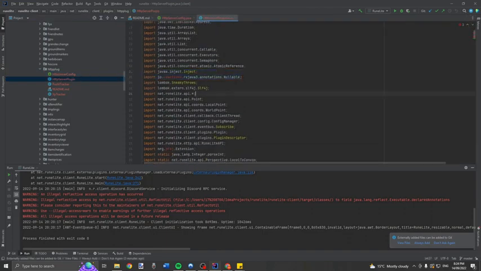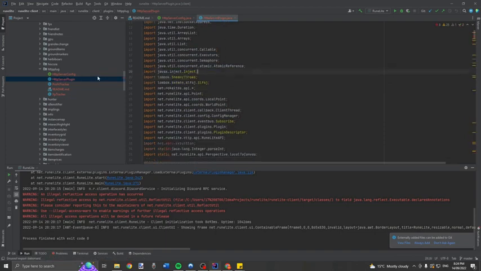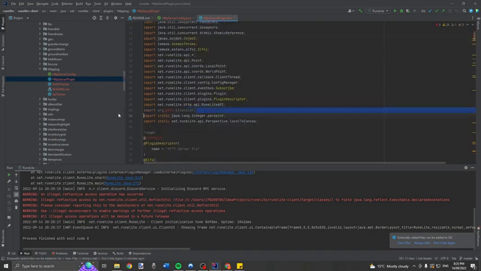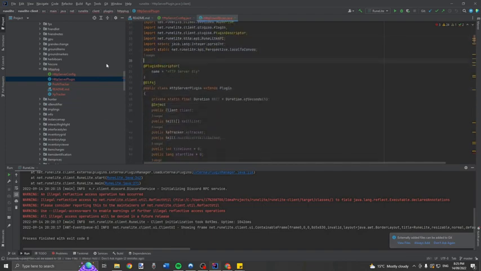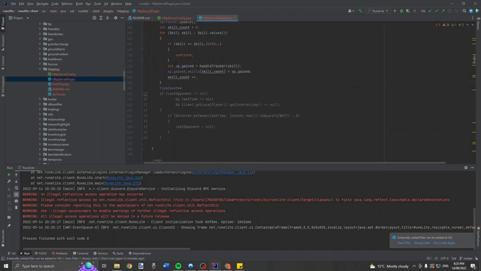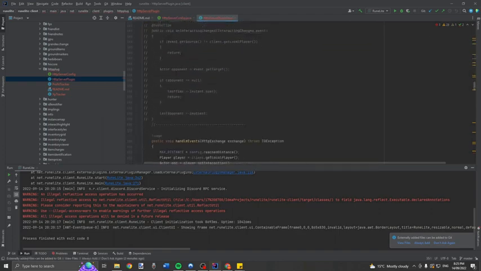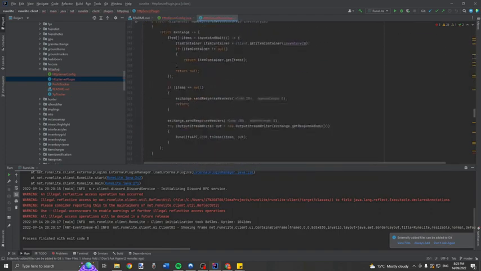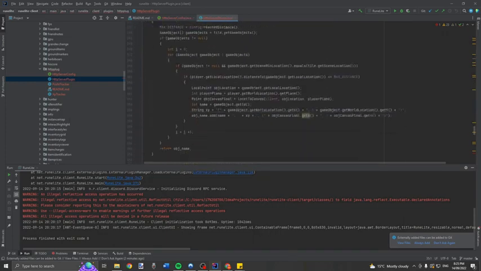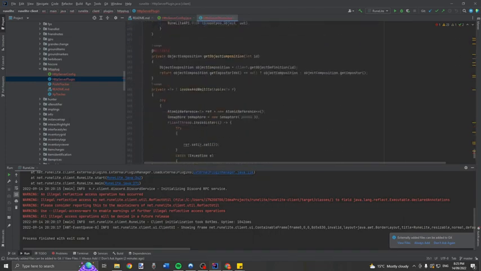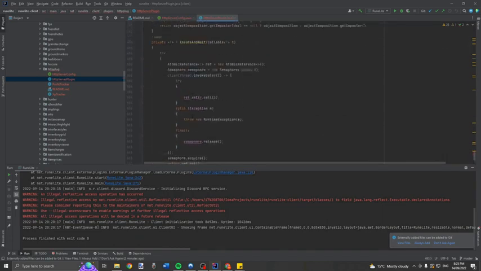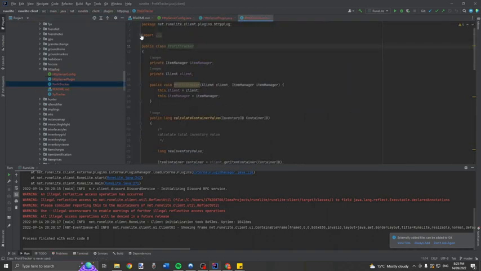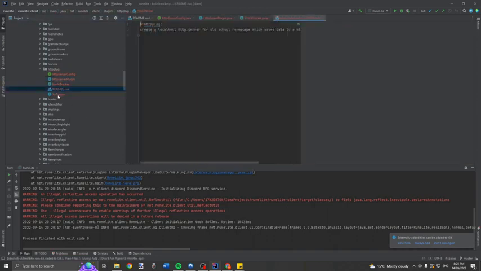Alright, so since this particular plugin was for Open OSRS, I just need to get rid of a couple of things. So extension, get rid of that. And nullable. So I'm just going to scroll down. Nullable, get rid of that. And it should be good. Profit tracker, that's all fine. Readme,